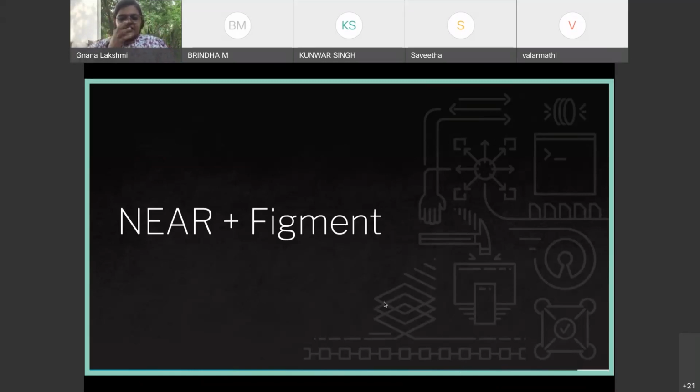So the hands-on session, like I mentioned, I have pre-recorded most of the videos so it doesn't get stuck or there aren't any issues. But there are some prerequisites that I hope all of you have installed. One of them, as I had mentioned earlier, is creating an account on Figment Data Hub. So that is a must.